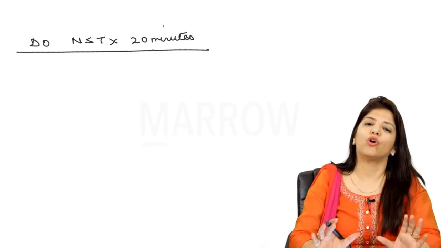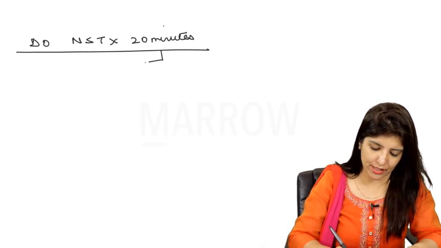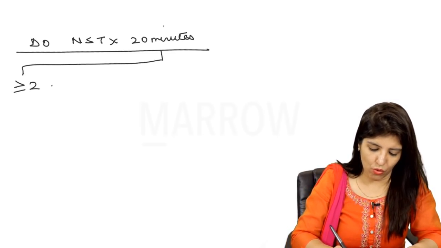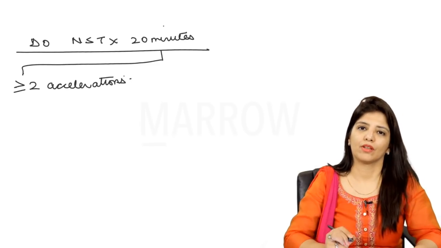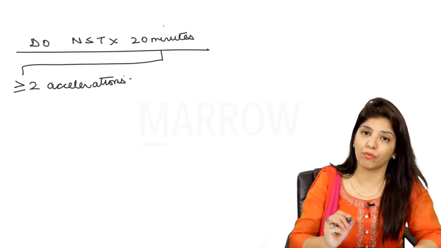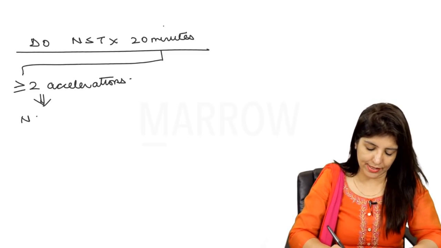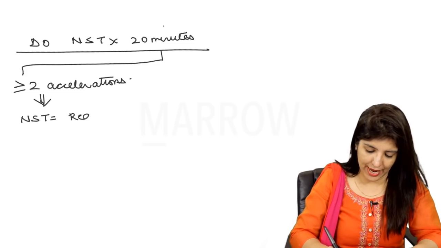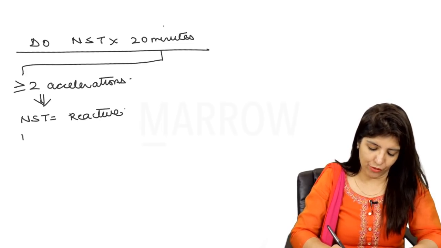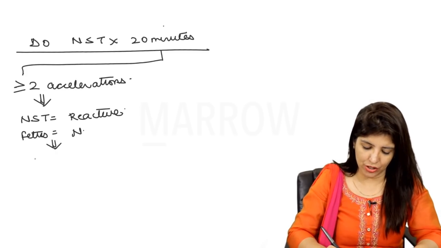In a period of 20 minutes, you should get 2 or more than 2 accelerations. If you are getting 2 or more accelerations, that is called a reactive NST. That means the fetus is normal and you will send the patient back home,